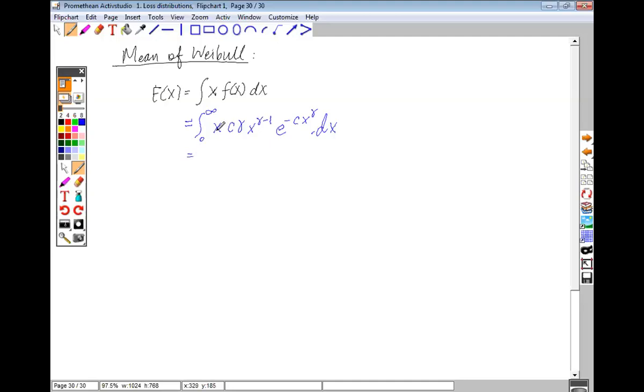So this is x raised to 1, so I'm just going to make this go away, and this as well. So it's still the same thing, right? Okay, so let us do one thing. We have to integrate with respect to x. I know that c and gamma are just constants, so I'll take c and gamma outside, and what I'll have is the integral from 0 to infinity of x raised to gamma, e raised to minus c x raised to gamma dx.